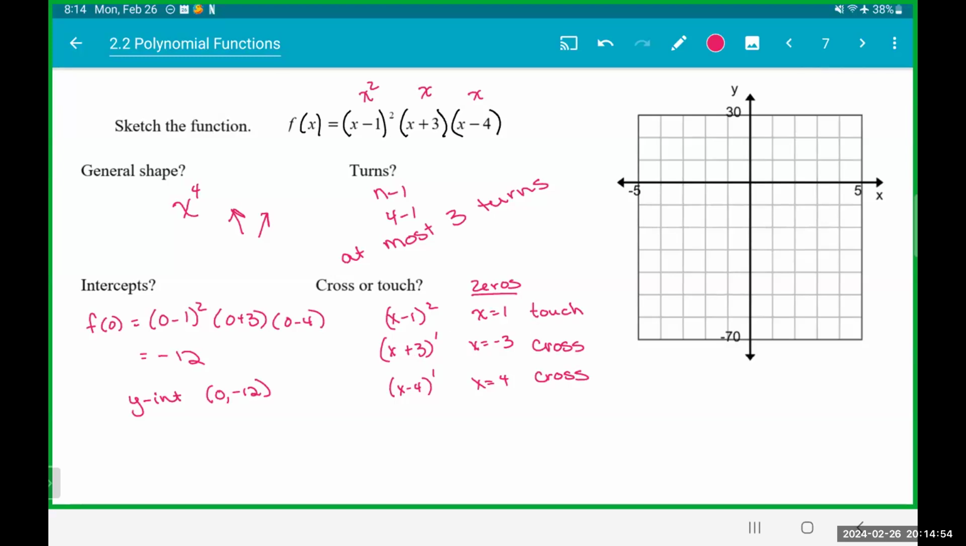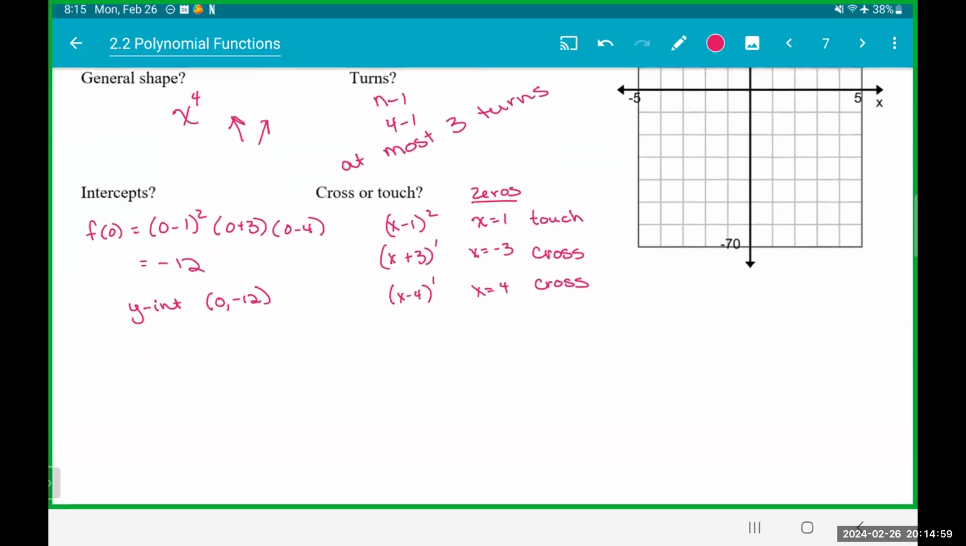So at this point, remember, we can also use symmetry. This is from last chapter. So if I plug in -x, that's going to give me -x minus 1 squared times -x plus 3 times -x minus 4. That is not equal to my original function, and it is not equal to the negative of my entire function. So I'm neither odd nor even, so that's not going to help me define the shape with symmetry. Okay,